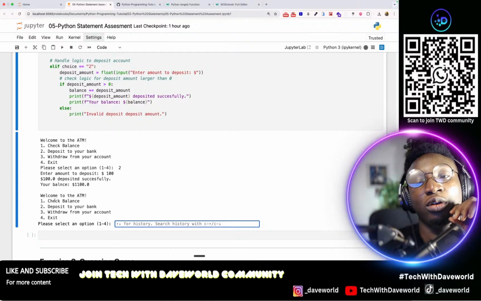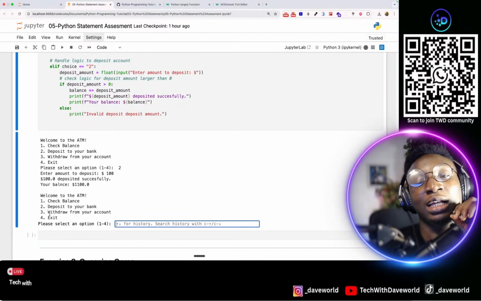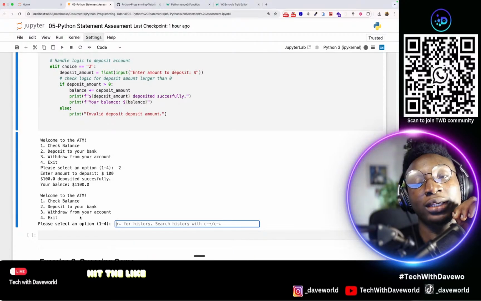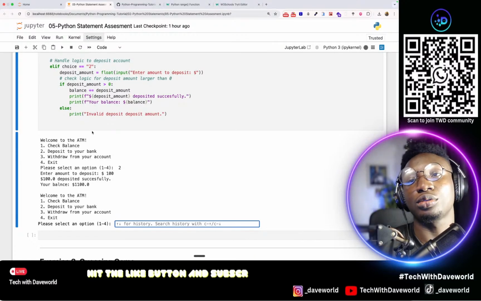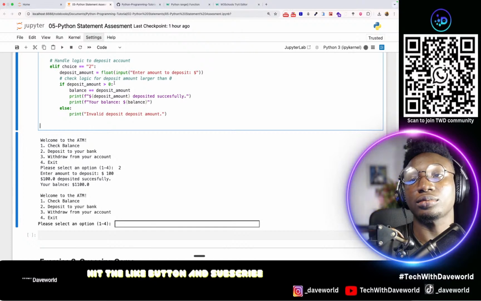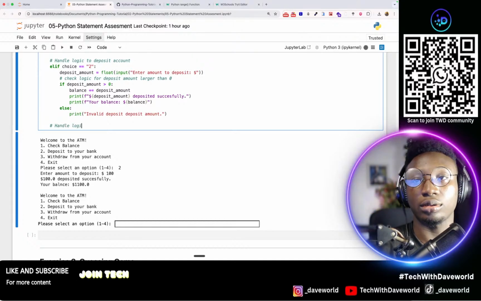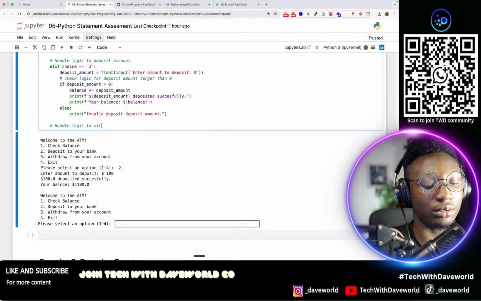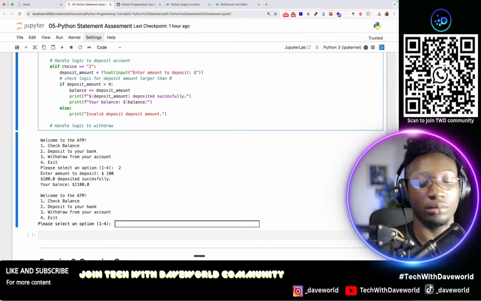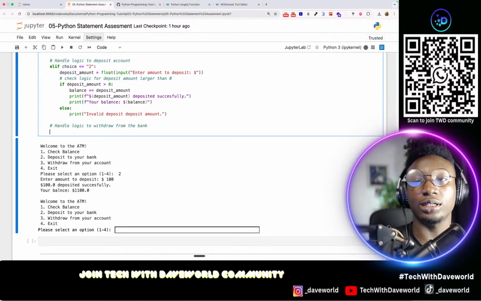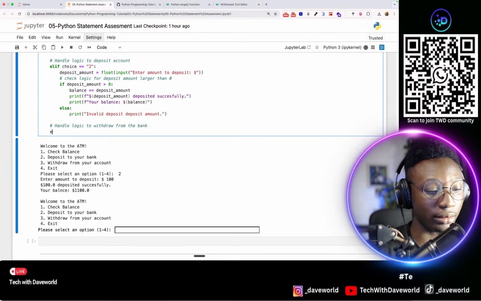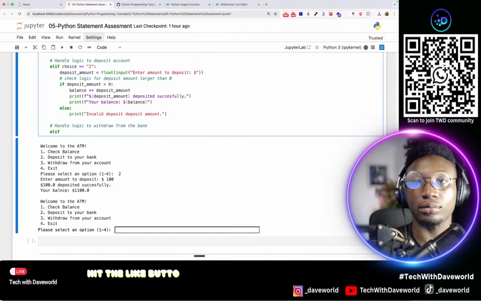So now we've handled check balance and deposits to your bank, and let's do withdrawal and also exit, right? So let's do the logic. So right now let's do the logic to show the bank, right? So obviously I will say leave choice is equals to B,